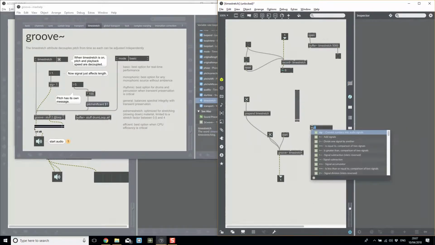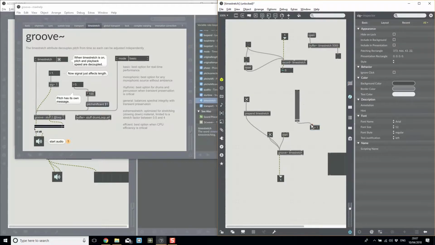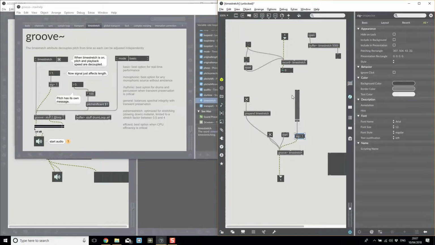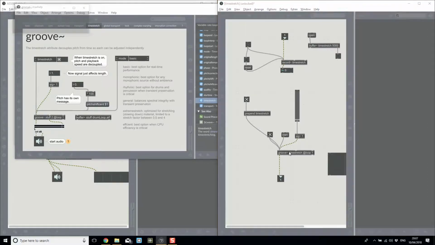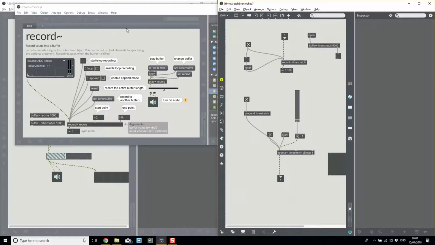That goes into a sig. And that goes into there. So now if we do a loop, actually if we record something,